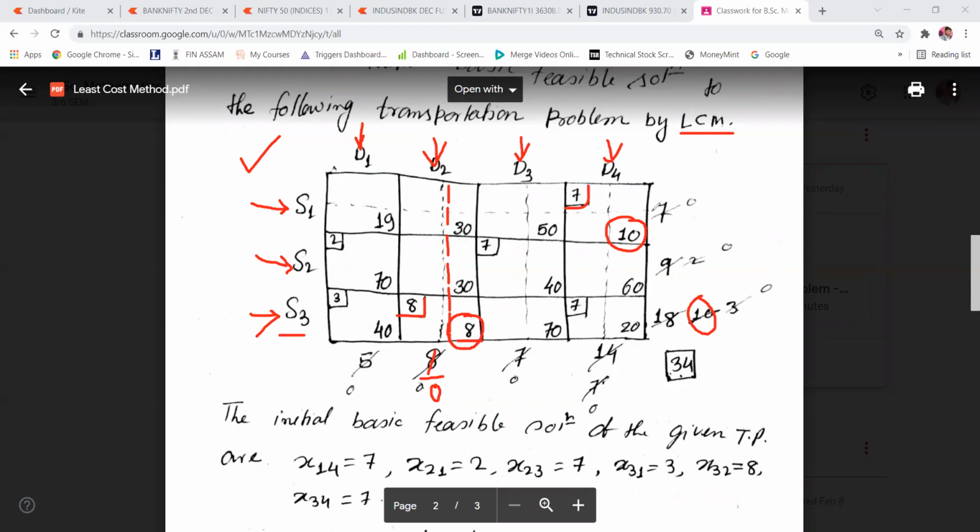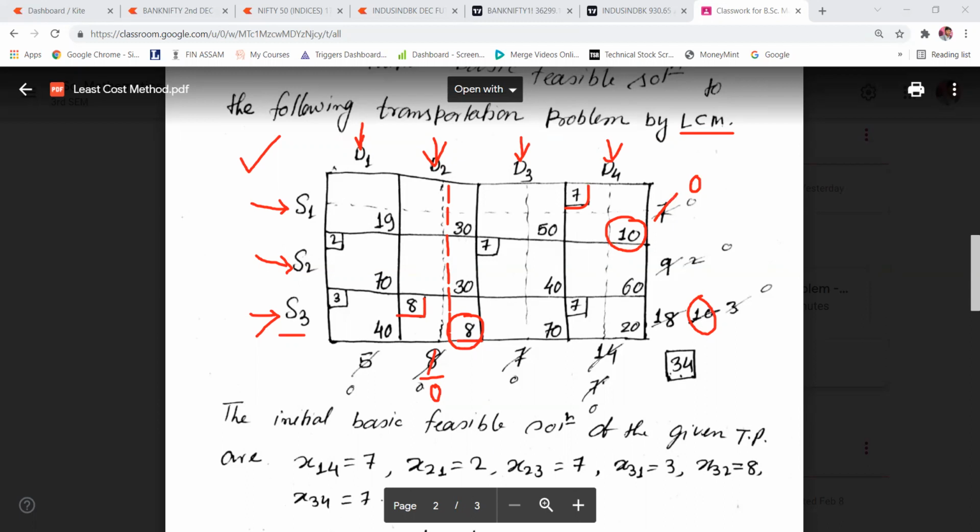After making this allocation of 7, supply is exhausted, so it becomes 0. That means from source S1, you can't make any allocation now. But demand is still not fulfilled.